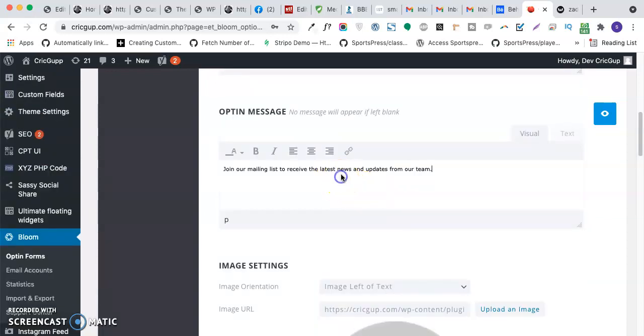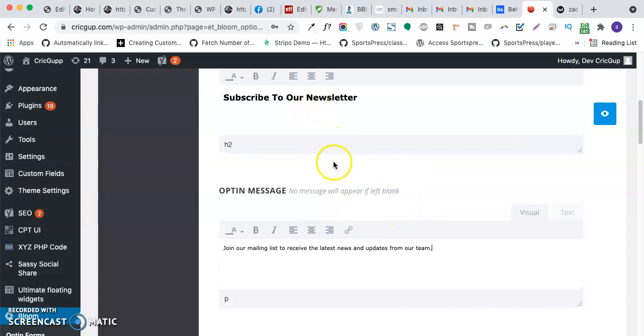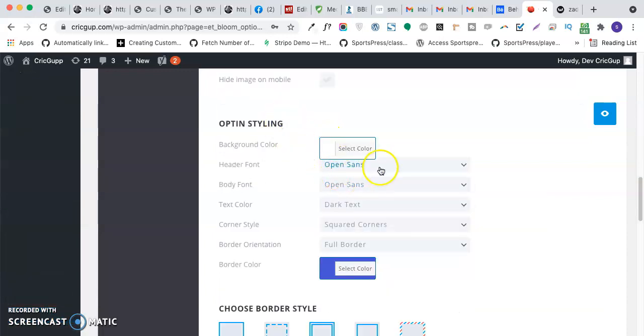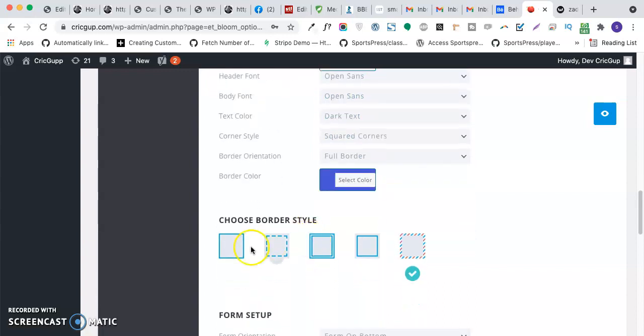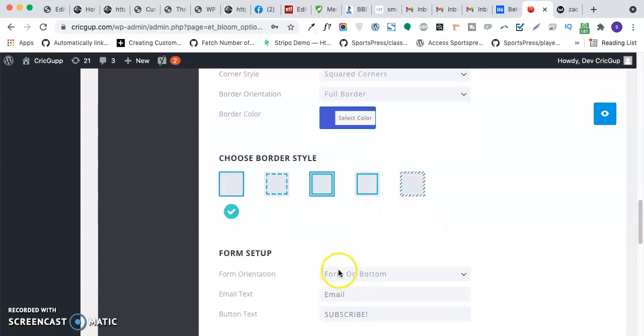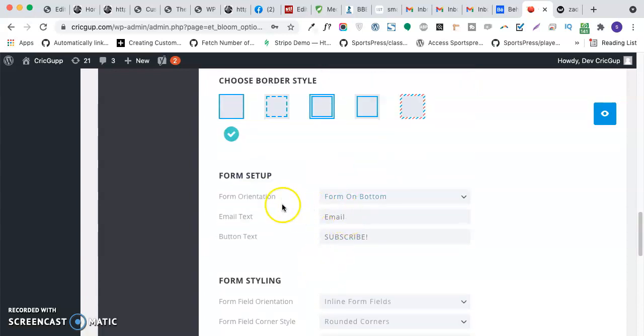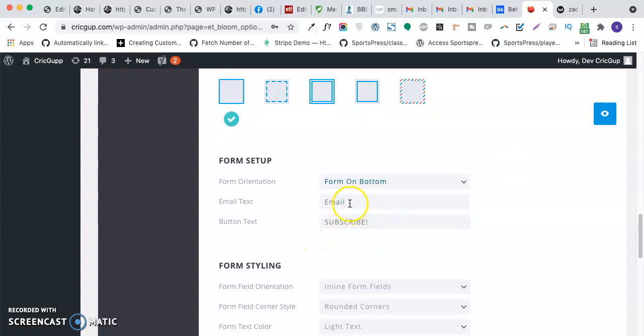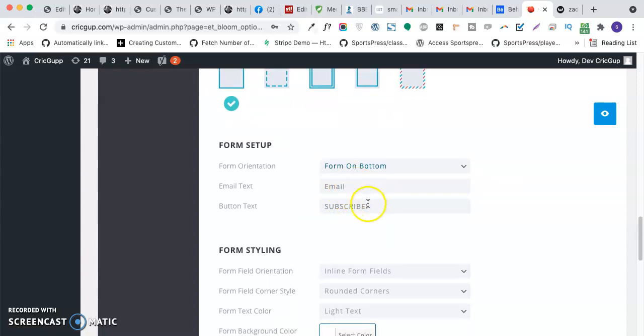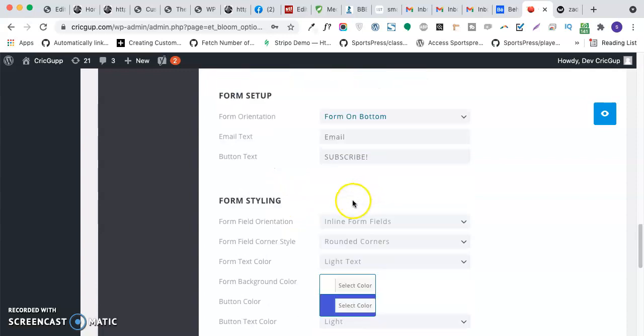You can even customize the opt-in message, you can even customize the title, and here you can style the font, and here you can even select the border style. I'm going to select this plain border, and here, for form orientation, where do you want your form to appear. I want it on the bottom, and here you can select your email field text.